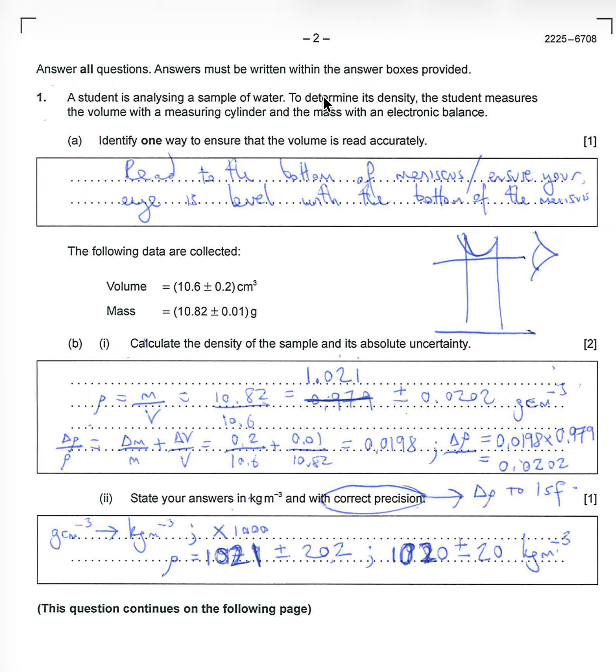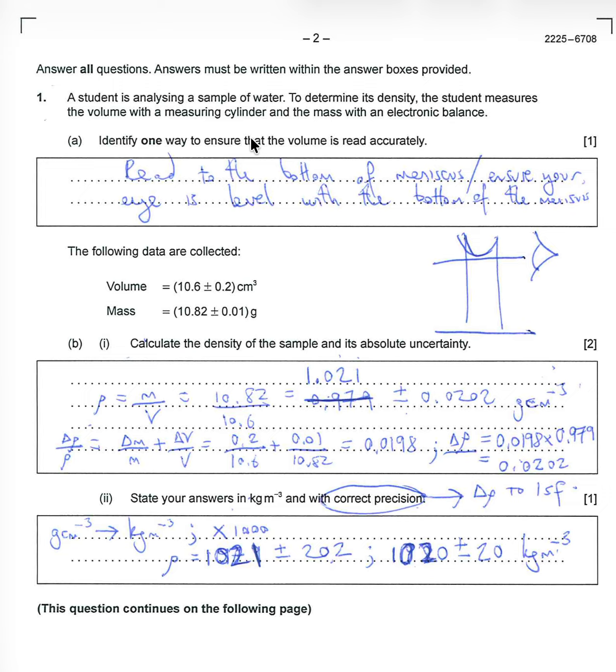determining density, and we're measuring the volume with a measuring cylinder and the mass on the balance. We're asked firstly to identify one way to ensure that the volume is read correctly. The answer I've given here is reading it to the bottom of the meniscus. You should know that when the water is poured in, it will form this curved surface, and that's called the meniscus. We read to the bottom of that, and then we'll make sure that our eye is level with the bottom of the meniscus to make sure that we are reading that accurately, and that's in line with